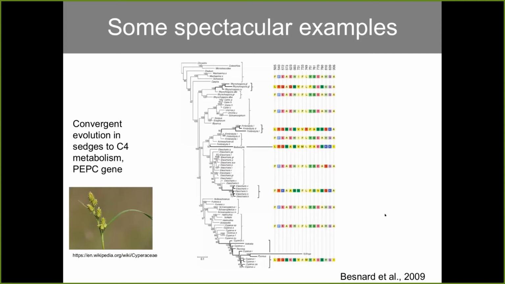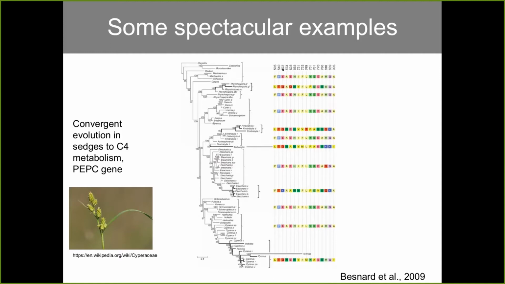And those authors in 2009 looked into the sequence of several of the species to try to see if there were indeed examples of convergent evolution of this gene, which is known to be involved in photosynthesis. And indeed, they found several sites that were under positive selection, according to a codon model, and a few sites that seem to be suggestive of convergent adaptation.